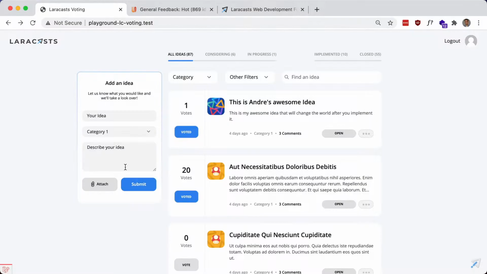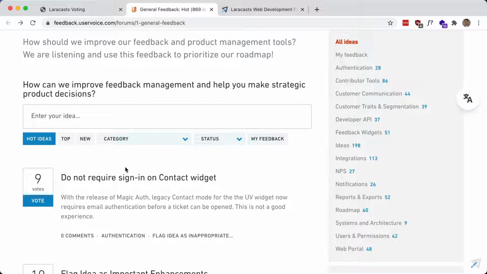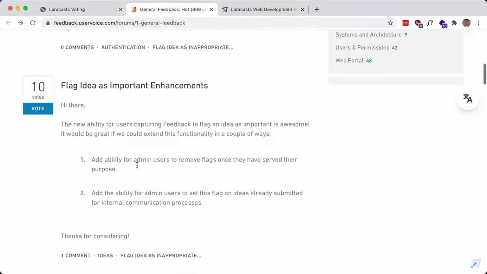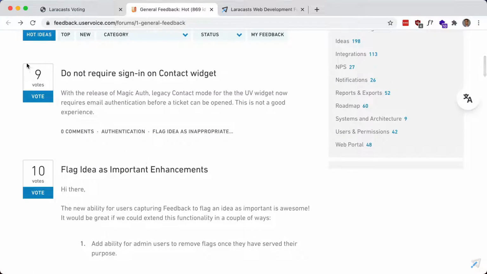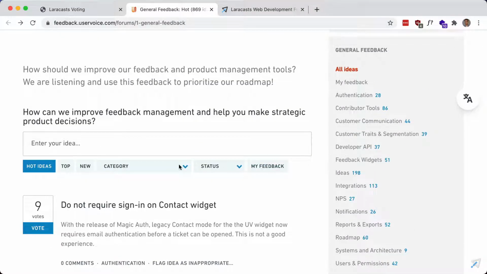In this series, we'll build a voting app that allows users to post ideas on a site and vote on other ideas as well. So UserVoice is an example of an app that provides this functionality. You can see an example here with a bunch of ideas listed here, the number of votes for them, and the ability to vote. There's other features as well, like different categories here on the right, and a bunch of